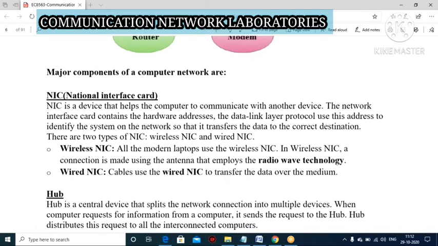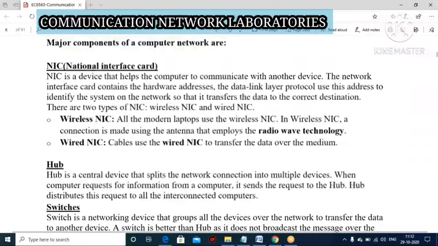Here the connection is made through the antenna. The antenna emits radio waves, so through this radiation, you are able to communicate. Next, wired NIC. Here the media you will be taking is cables, with the help of which you transfer your data from one device to another device. Right? So this is about the NIC.